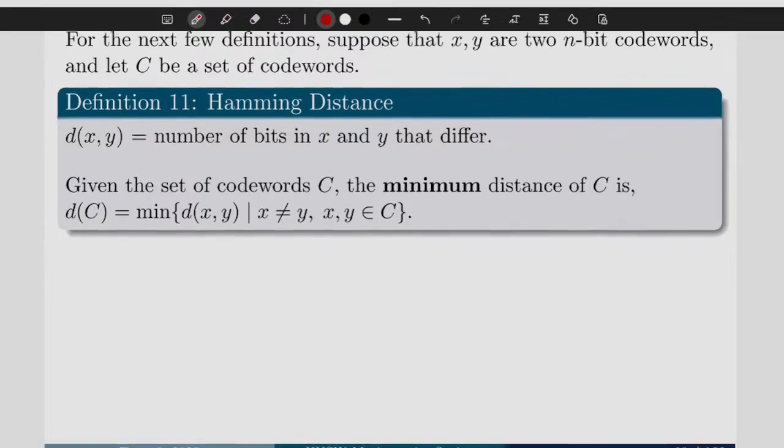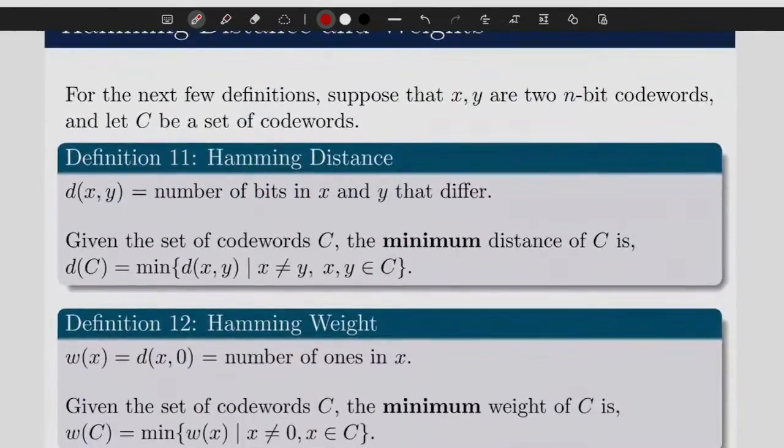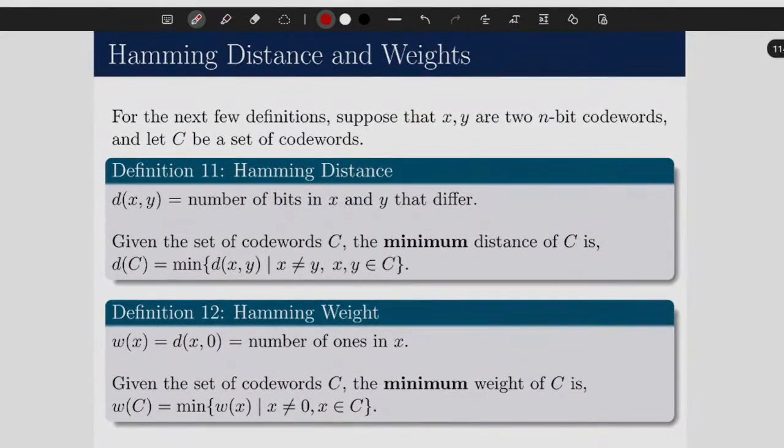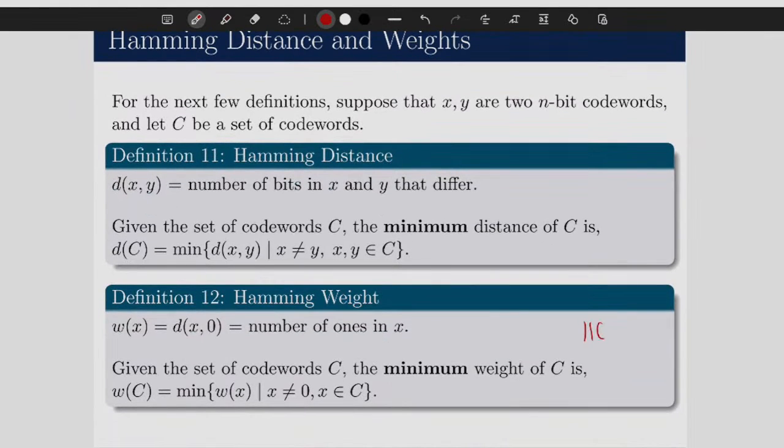A very, very similar concept is Hamming weight. So Hamming weight is essentially just where it is not 0. For example, if I look at something like this, I can see that 3 bits of this are 1, so it has a Hamming weight of 3. Minimum distance is naturally, in a set of code words, what is the closest to being fully zeros, right? And by how much?